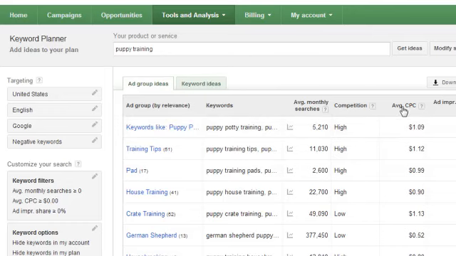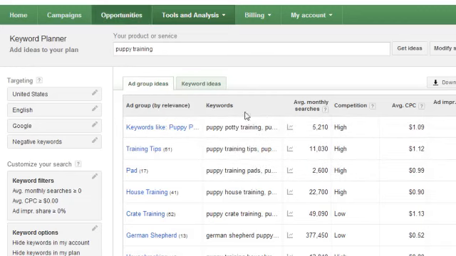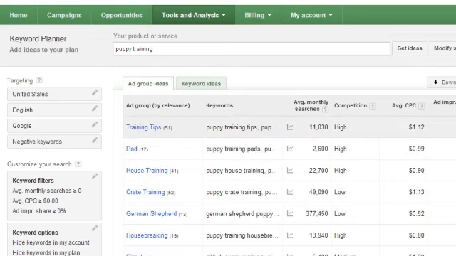The average CPC is basically the average cost per click. So if you were using something like Google AdWords, if somebody clicked on your ad, it would charge about $1.09. So that's what the cost value is. But we're not really concerned about pay-per-click or Google AdWords right now. What we would want to try to do is rank in the organic results inside YouTube and Google. So if we click on here,